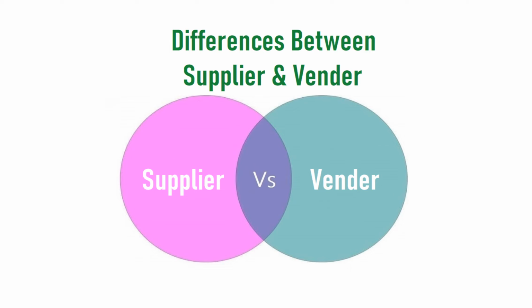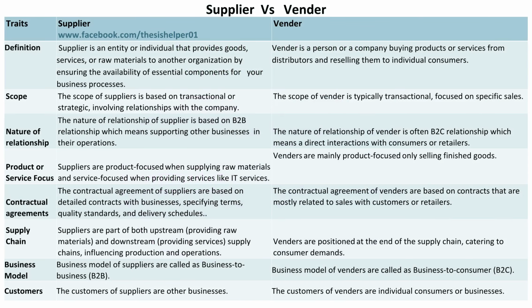Differences between supplier and vendor. Supplier versus vendor. A supplier is an entity or individual that provides goods, services, or raw materials to another organization by